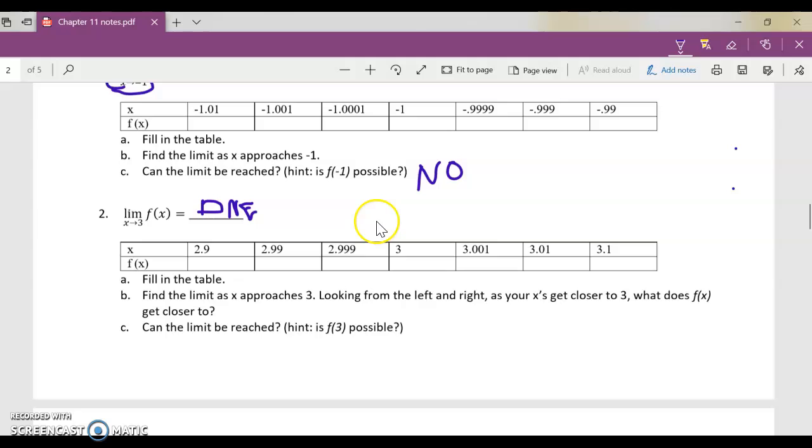One side was going down to negative infinity, the other side was going up to positive infinity. So our left and right sides differ. Or you could say one side increases without bound and the other decreases without bound. So we're dealing with that infinity issue. So this should get you basically through your homework for 11.1. Make sure you remember those 3 ideas of why a limit does not exist. You should be able to find a limit from a table. You should be able to find a limit from a